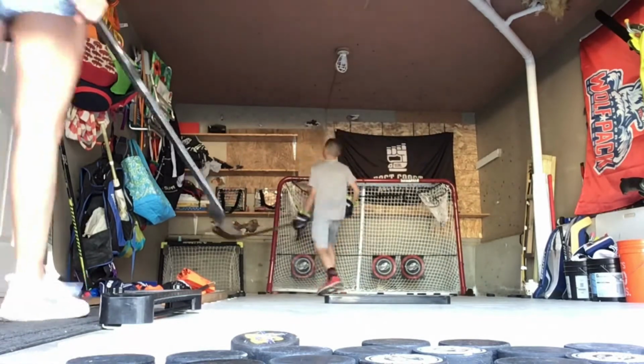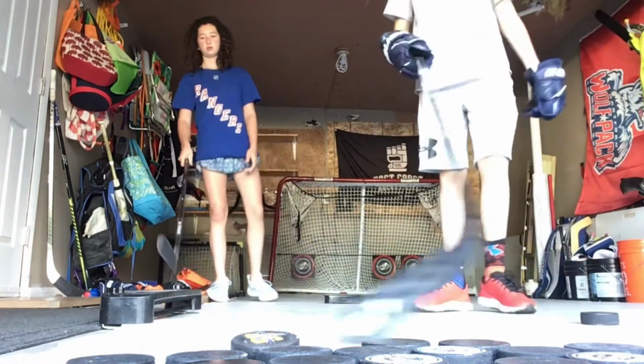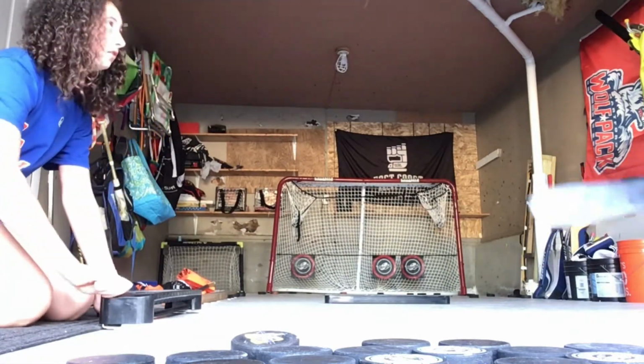This one I also like because it's not in the same place, so you can move it around anywhere you want. You can put it in front of you. This passer only goes on the edges. Should I show them how to put it on? Yeah, but the thing is though,